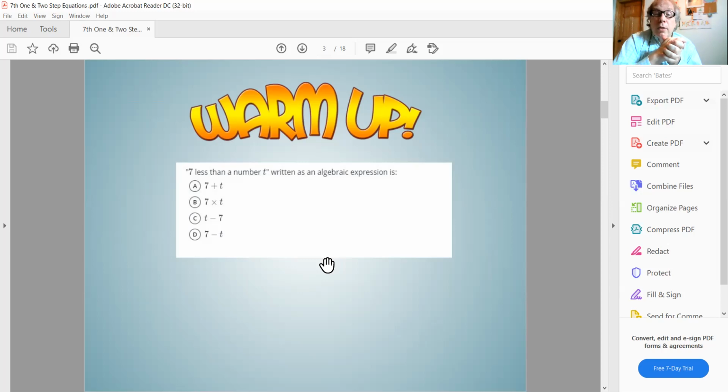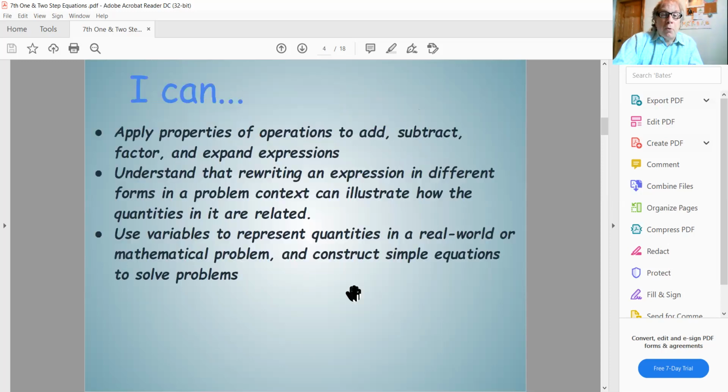If you didn't get the warm up this time, don't stress, that's fine. We'll get it next time. And hopefully the explanation illustrates why C is the correct answer. Okay? Great job, folks. Moving forward, what I'd like to do today is solve some 1- and 2-step equations, particularly